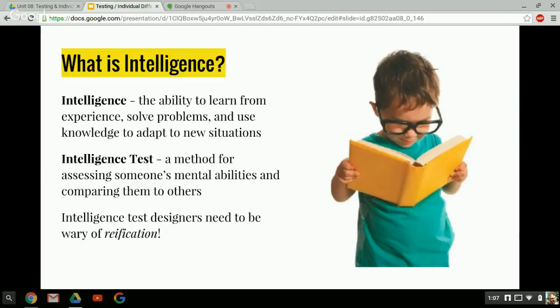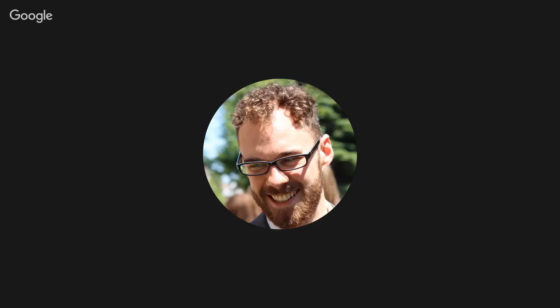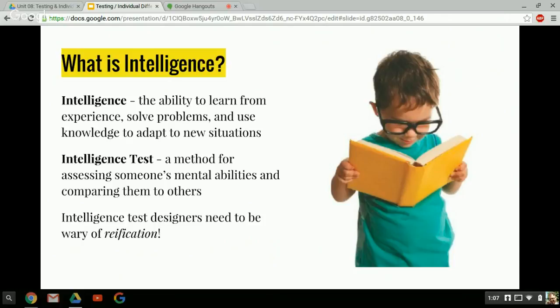One note, guys, stepping back for a sec as I walk you through this. If you need to pause the video at any point to jot down a definition, go ahead and do so. I highly recommend it, actually. I give you the definitions here so that you can pause whenever and jot the stuff down. That's your definition of intelligence.